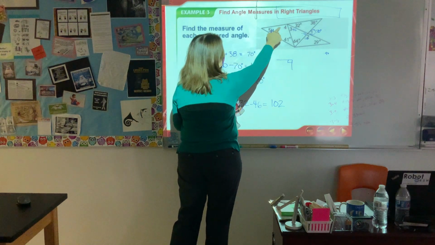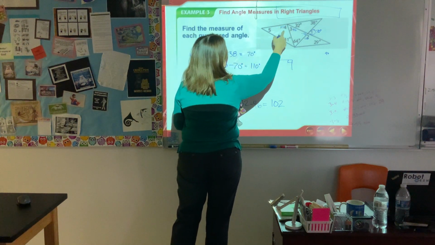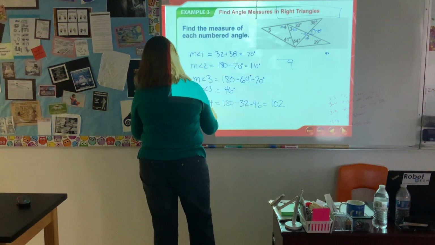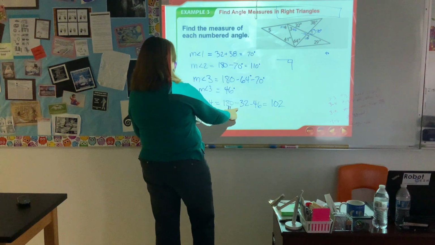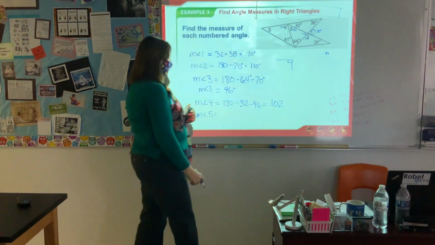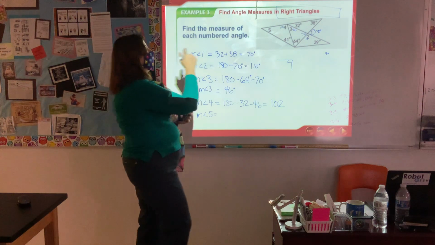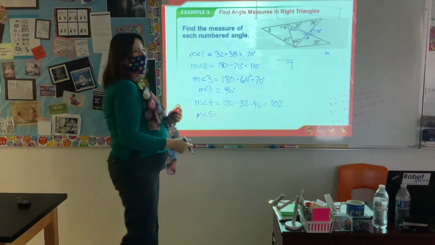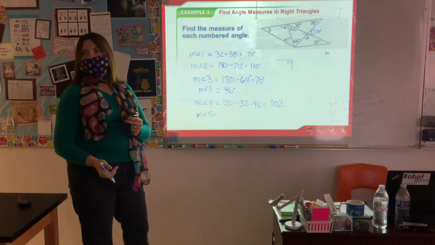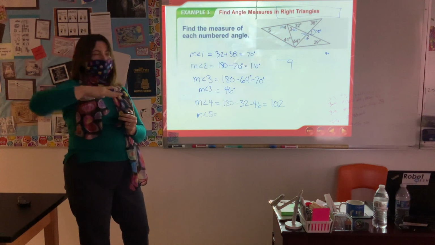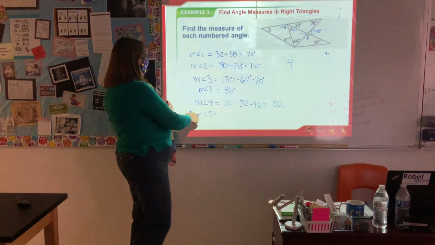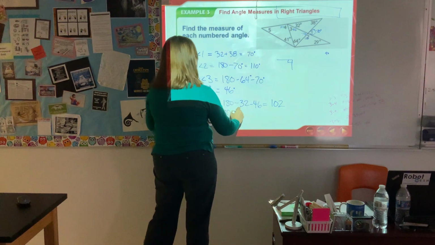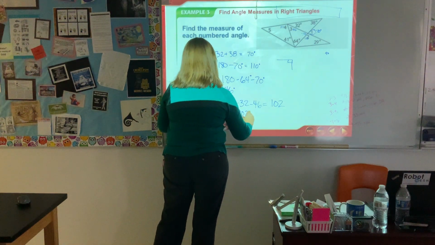This one is obtuse. Since I know that that's 102, can I find angle 5? Yes. How do you get 102? 180, subtract 32, subtract 46. Oh, okay. Because all 3 angles, this 32 and angle 3 and angle 4, are all supplementary. They form a straight line. Okay, and now the measure of angle 5 is also 180 subtract 102 subtract 41,